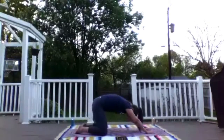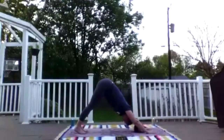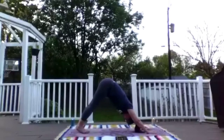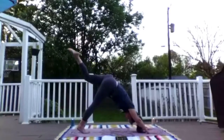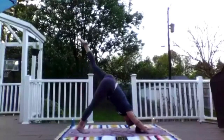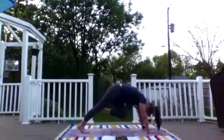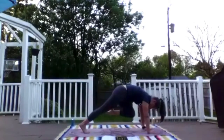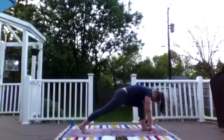Inhaling up, out from our child's pose, rolling the toes under. We'll shift the hips back up towards the ceiling for downward dog. Bringing the big toes together. We'll inhale up through that left foot. Exhale to bring the left knee to the left elbow. Inhale, shifting the left leg back up. Exhale, left knee to right elbow. Inhale, left leg up. Exhale, right knee to center, holding it here for a moment,